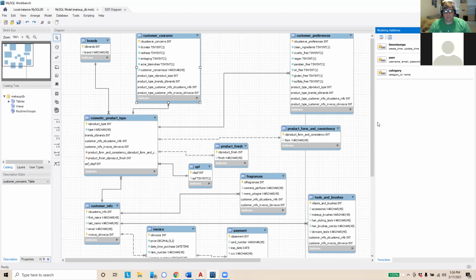Yeah, I even had it here with the tiny int because I was trying to do an enum here, but I couldn't figure out how to do it. When you say enum, what do you mean, like an automatic numbering? Like when it gives you three choices and you can only choose one or the other, right? Because you can't choose an SPF that's 30 and an SPF that's 50 in one product. You have to pick one or the other. So that's interesting. So you might want to. Okay. So here's